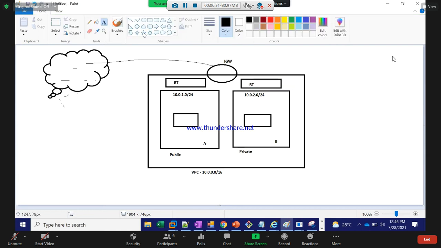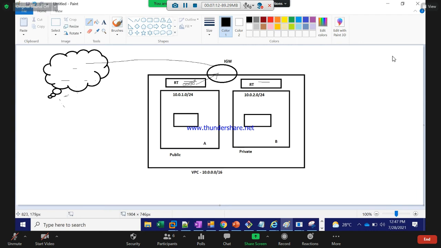What is this routing table? It decides who can go out and who can come in. If you don't have routes, you cannot reach that destination. By default the entire VPC subnet will be in the routing table. If you want to go to the internet, this EC2 instance needs a default route here, 0.0.0.0/0. This is used for the internet, so we need to point it to the IGW.